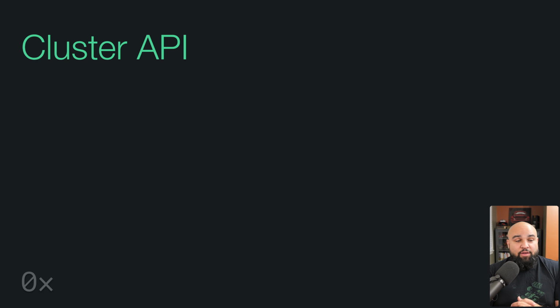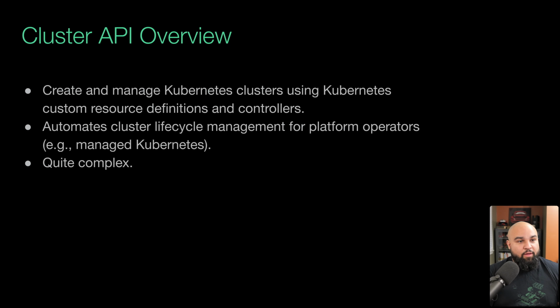Speaking of clusters, what about the cluster API? The cluster API is a mechanism to create and manage Kubernetes clusters using Kubernetes custom resource definitions and controllers. Basically, if you have a Kubernetes cluster, you can create more Kubernetes clusters by applying YAML to your Kubernetes cluster. So more YAML to create more clusters. This is a pretty big integration, and it automates the entire cluster lifecycle for platform operators. And it's a very, very complex sort of